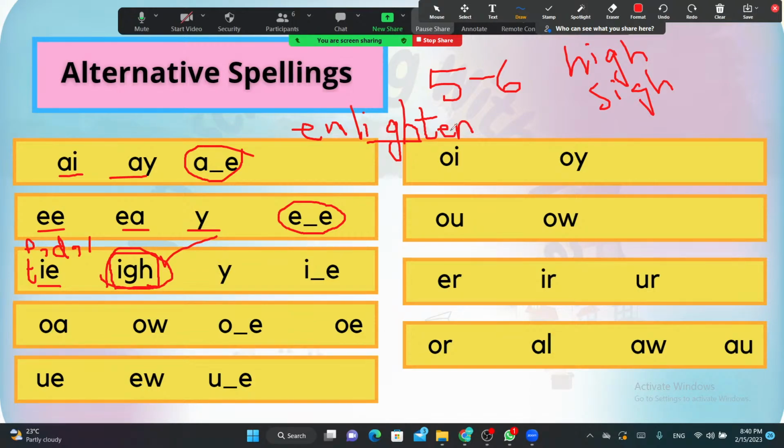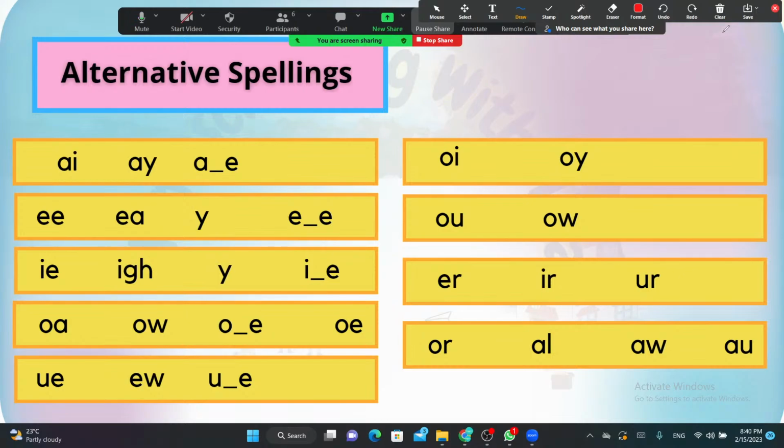तो इस तरह करके अगर कोई नया वर्ड उन्हें देंगे डिक्टेशन में, उसके लिए आप उन्हें हिंट देंगे. You need 3-letter I here. If you are giving them the word cried, K, R, I, D, and you are not giving them any hint, so उनके दिमाग में ये वाली spelling होगी cried की, and they can write it here, right? So for IGH, tell them that I will hint you if I give this in a new word. Otherwise you will go for IE, cried, died, lied. Okay,